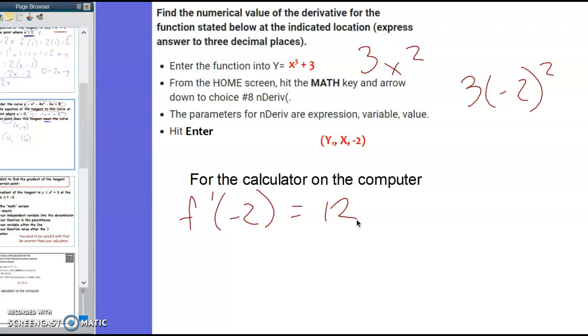Okay, so what if the directions, instead of saying write the gradient, they said write the equation of the gradient line, or I'm sorry, the equation of the tangent line. So then what we have found right there again, that's m. This x value right here, that's x sub 1. And if I need y sub 1, okay,